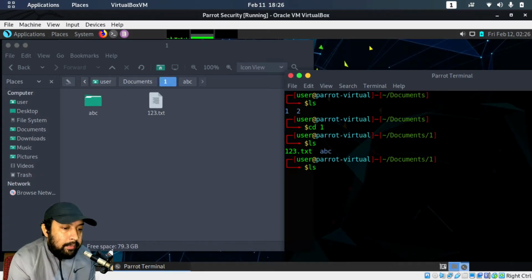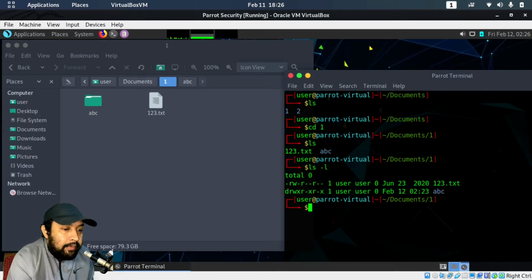So again we can type ls and then l to check for files and their permissions. For 123.txt and abc, we have read and write permission for the root user, for the user, and for the group users we have only read permission, and for others, or the rest of the world, it is only read permission. So we can change permission with the command called chmod,